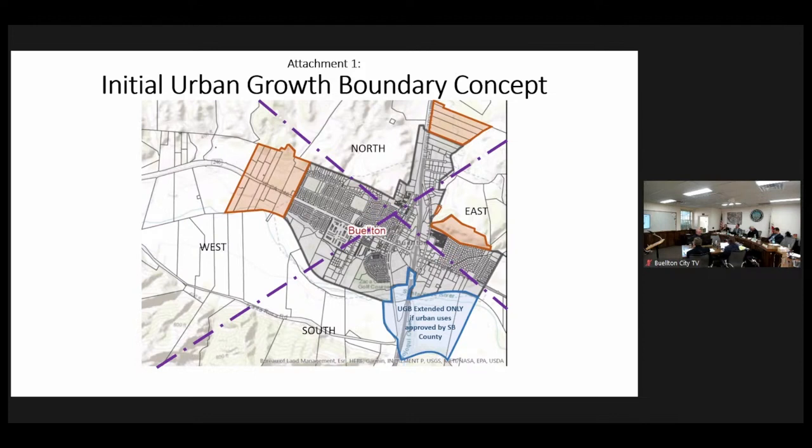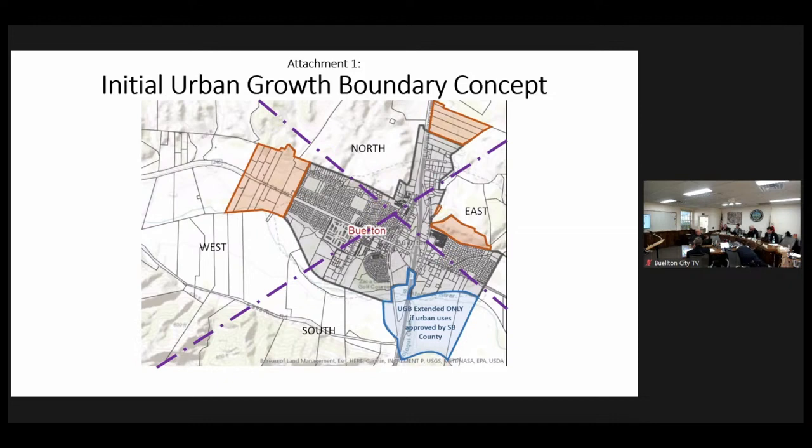As I mentioned previously, and we'll continue to discuss this evening, the urban growth boundary would not be proposed to be extended to the south, but I would propose that the initiative, if it's brought forward by the city council, include a provision that would automatically extend the urban growth boundary into this area to the south in the event that the county were to approve any project with urban uses in this area. And we do this not because the city thinks it's acceptable or desirable to put development down to the south, but because